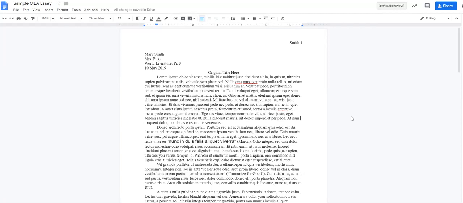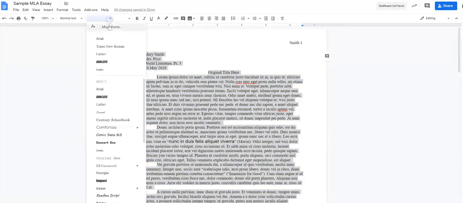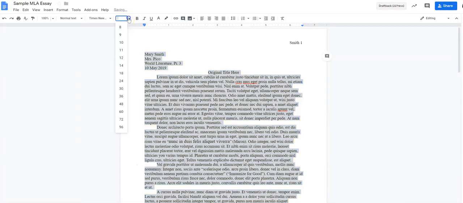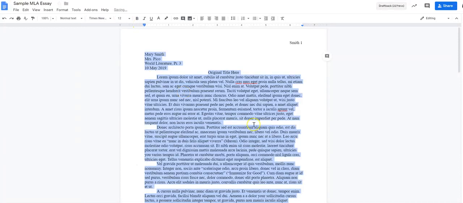First thing I want to do is check the font of my paper because I've been copying and pasting from different places as I've assembled my paper. I can see right away there's a problem here in the middle. Most of my paper looks the same, but this quotation that I've pasted in, if I click into that, I can see up here, this is an Arial and it's 14. So I'm going to select all of my text again, select Times New Roman, and 12, just to make sure all of my text is correctly formatted in the right